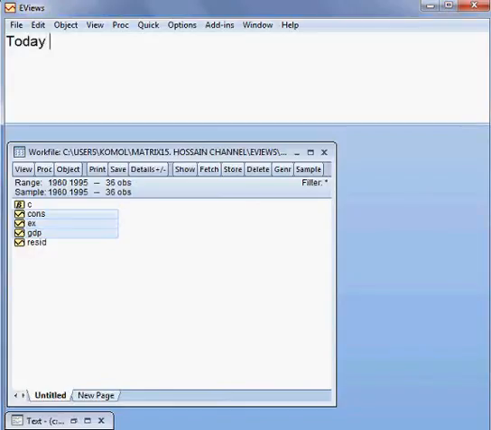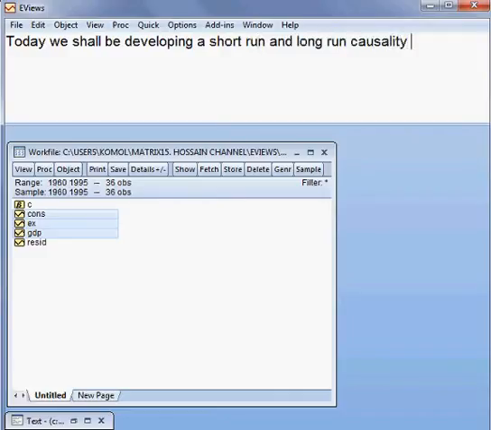Okay, today we shall be developing a short run and long run causality model using VECM. That is our target. And here we have three variables, such as you can see from here: cons, EX, and